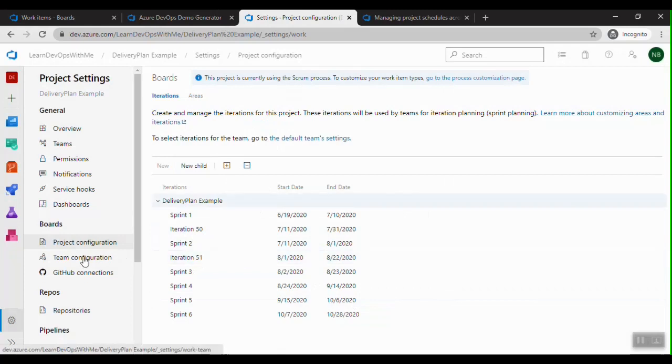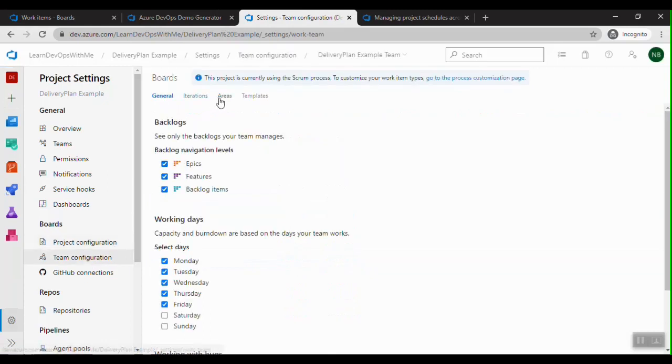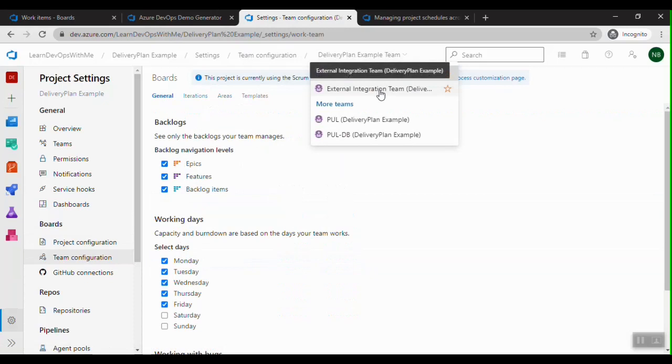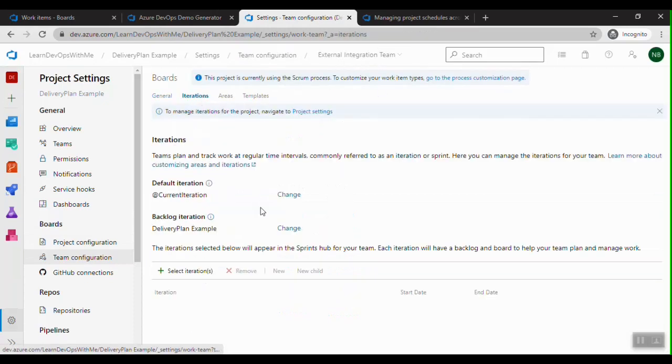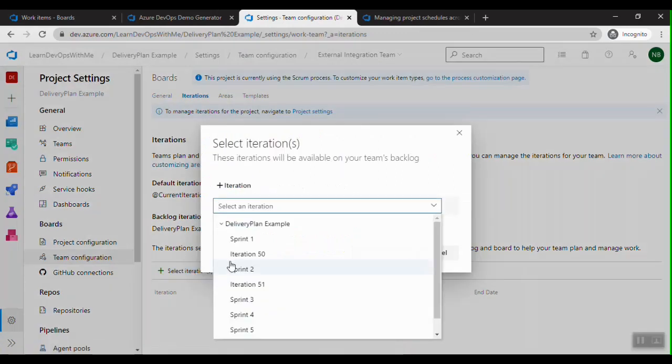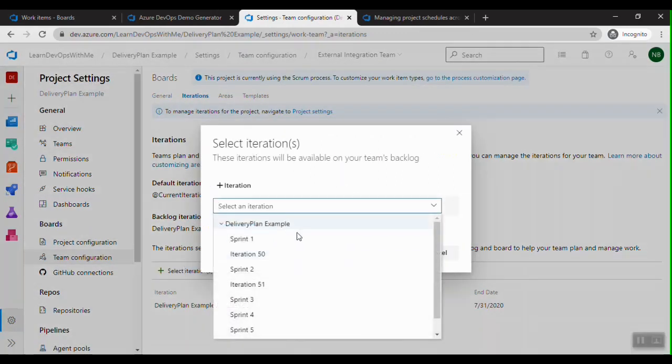Now let's go to team configuration and assign these two iterations to the team we created. So external integration team, let's go to the iterations, then select 50 and 51.